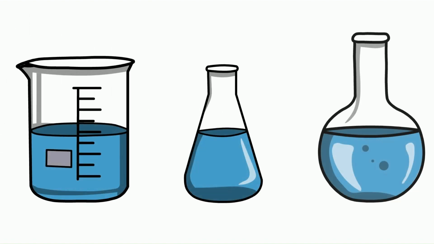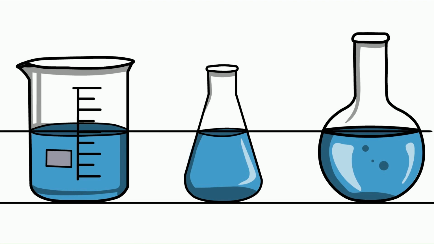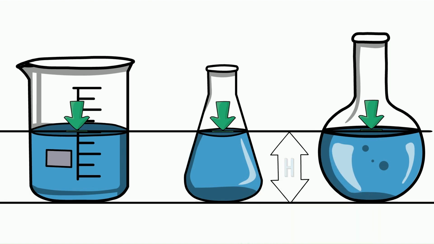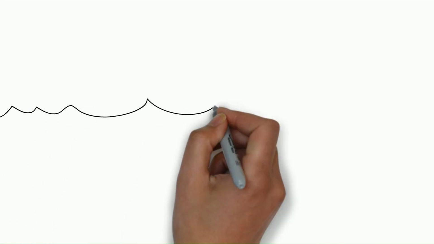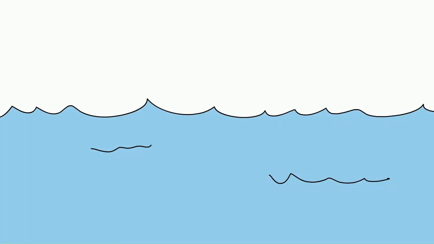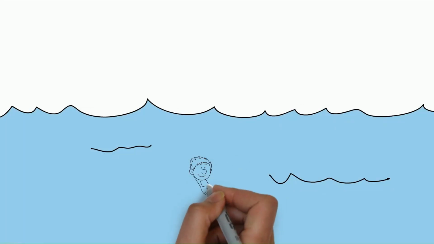We can take another example. Let's take 3 containers as shown in the figure. Which one has higher pressure at the bottom of the containers? Well, all of them have the same pressure. Because all of them have the same external pressure, and that is atmospheric pressure, and pressure is dependent on height, not the shape of the container. So, when a swimmer is swimming inside a pool, it depends upon depth how much